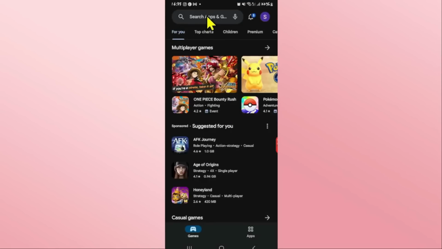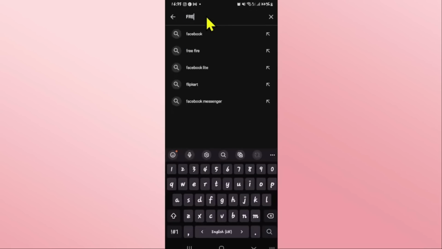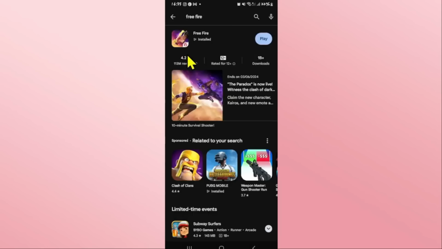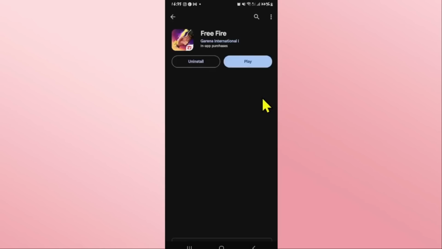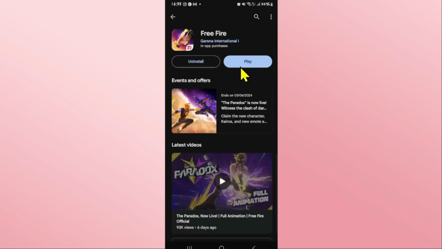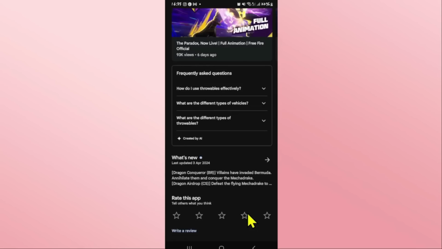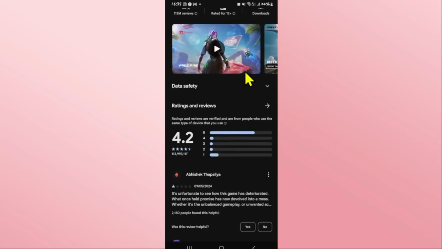and once you open it up, tap on the search box and then type in Free Fire and start your search. Once you find the Free Fire game, tap on it, and if you see an update button instead of play, then you will need to tap on it to install the latest updates. Tap on the update button and wait for a while, and this will begin the installation of the latest updates